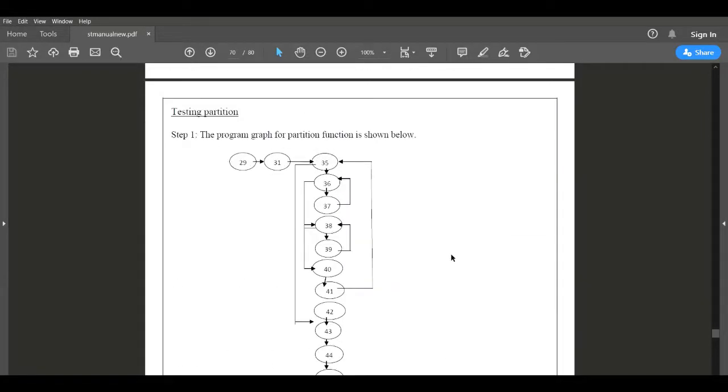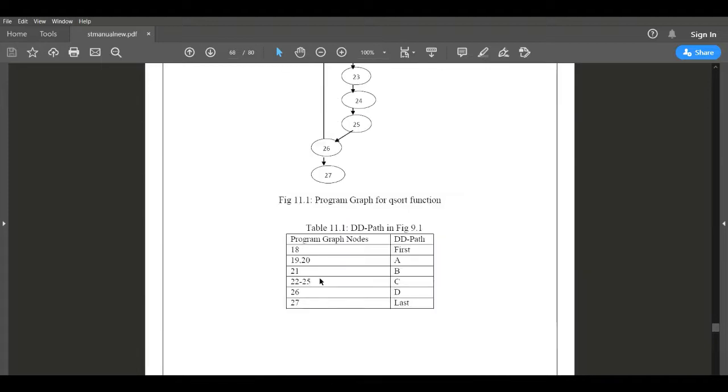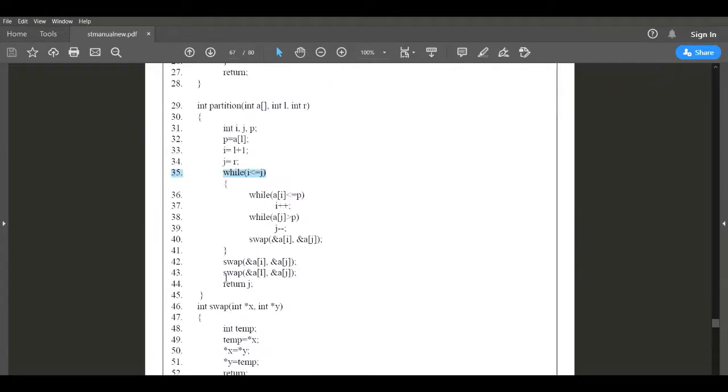From 41 once again it needs to go back and check the condition. Once the condition is false, then directly it will jump to line number 42.